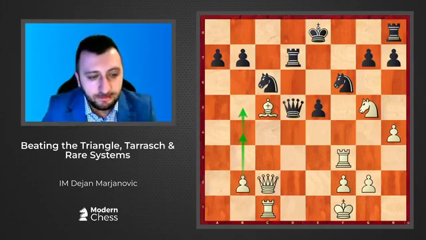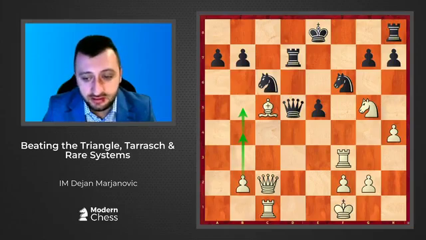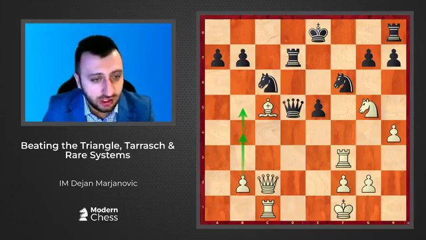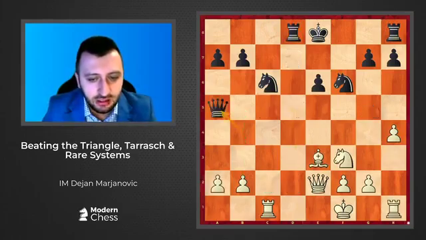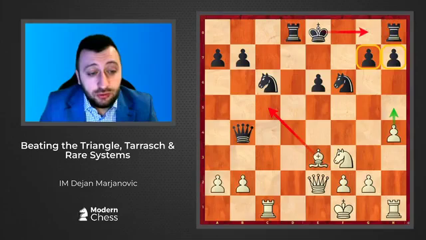You know, b4, b5 is the idea. Position remains tense, but I think with best defense, black can succeed in guarding all the big weaknesses. I think king d8 here is the only move for now to survive, but the position definitely looks unpleasant for black. So according to the engine, the best move here is to play queen e4, and it seems